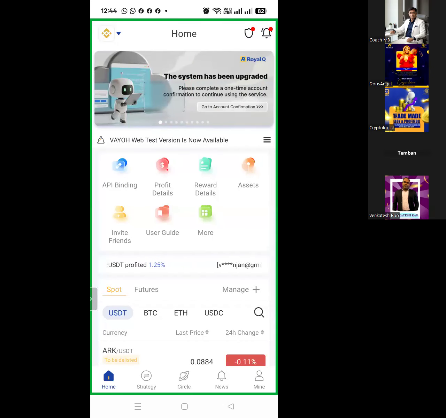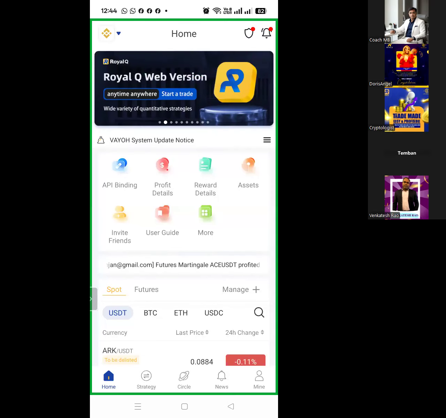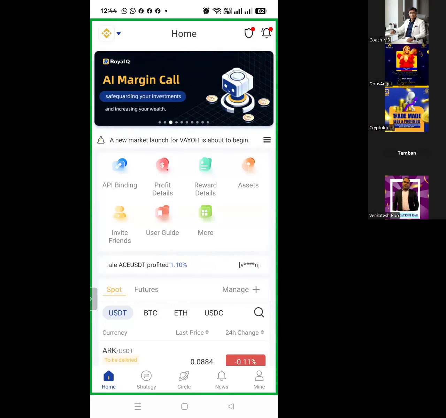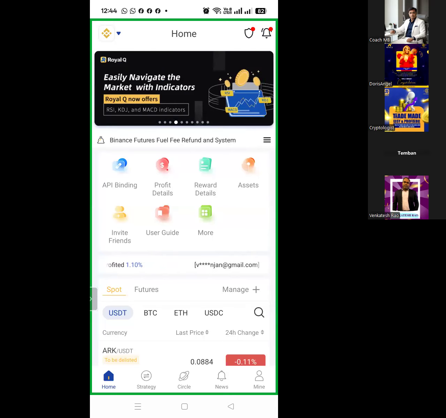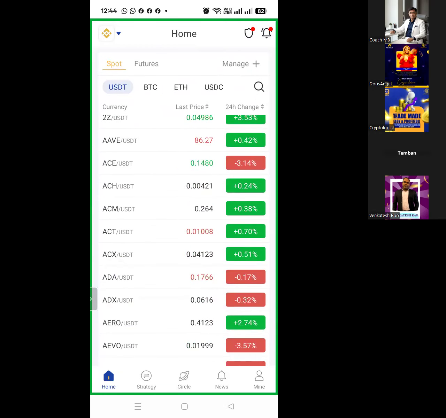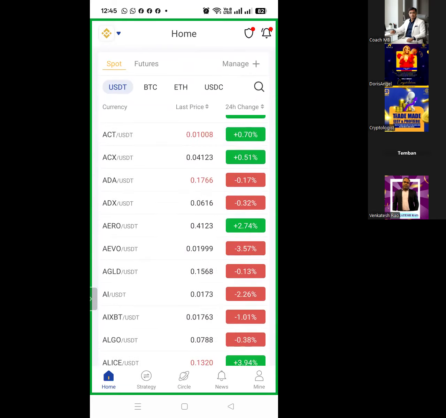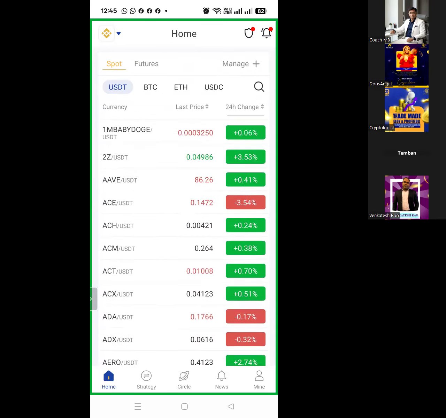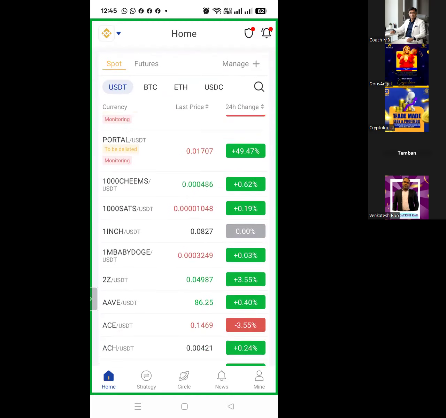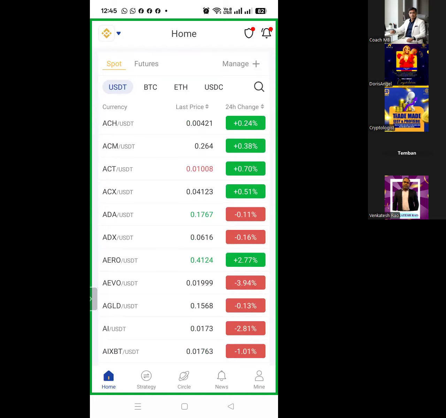All right. So in the last session, I explained how the different parameters that we see when we start a trade on Royal Q or Vayoh, whichever application you are using, they are both the same. So I explained the basic features, the basic parameters that you all see when you start a trade in any coin, right? You are trading on spot market or you are trading in future market. The parameters remain the same except the future market, which has a long and short side, right? But I'm going to explain it on the spot market, and later on we can shift to future market also